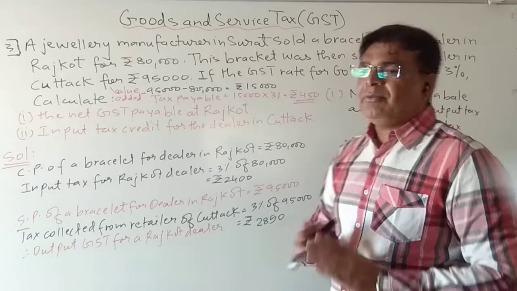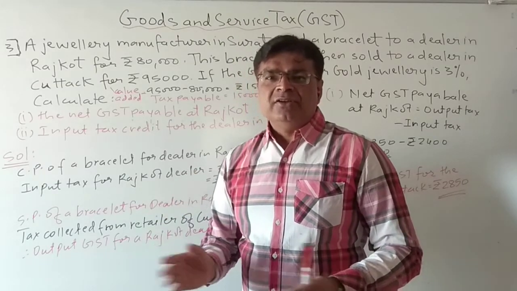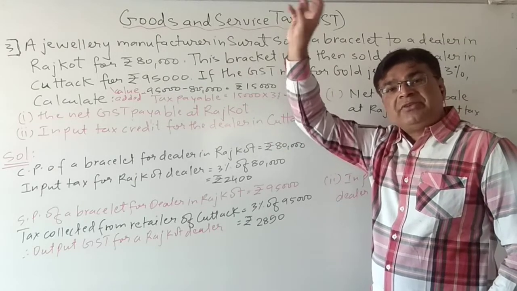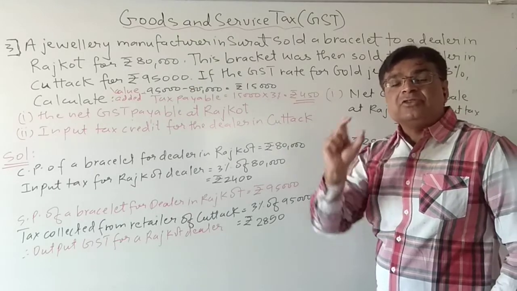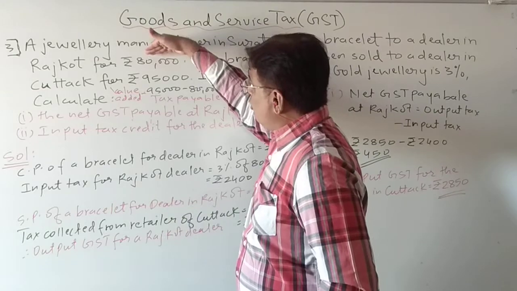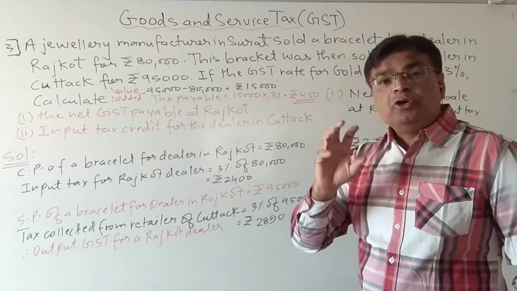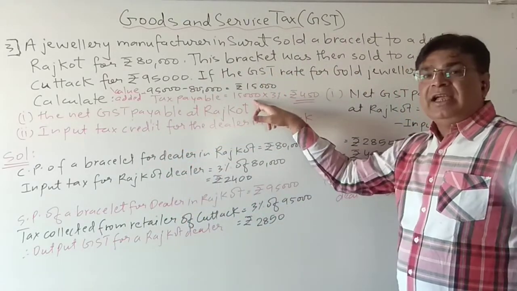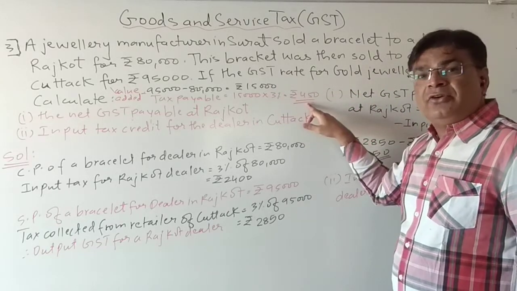See, this will be applicable in all types of sums. I hope you know what we mean by this value added. What was the previous price? 80,000. Finally it is sold at which price? 95,000. So you have to find the difference of those two. So we come to know in 80,000 what value is added: 15,000. So now the tax is paid only on the value which is added, that is 15,000. And what is the tax? 3%. So 3% of 15,000 is 450.